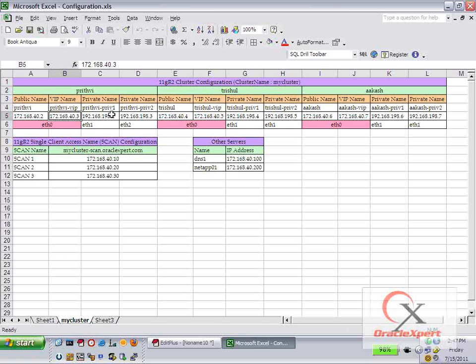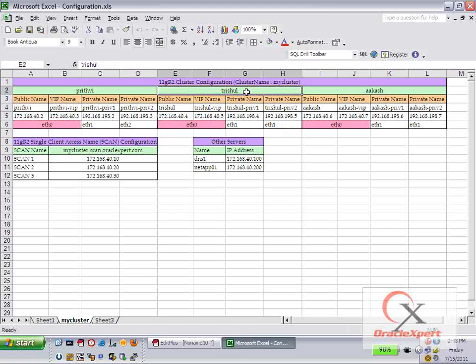The first private IP assigned to Prithvi would be 192.168.198.2, and the second private NIC for my node 1 Prithvi would be 192.168.198.3. Similarly, I have defined the public IP, virtual IP, private IP address 1 and private IP address 2